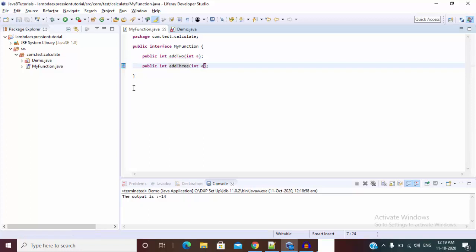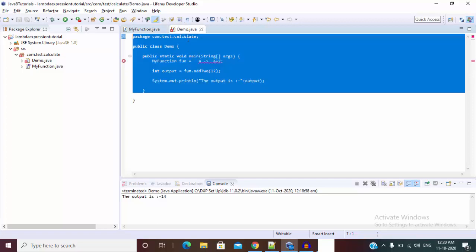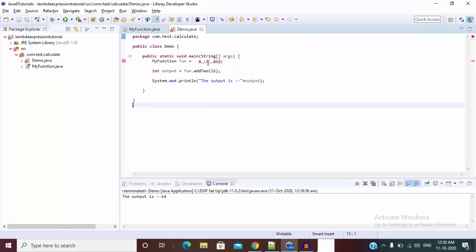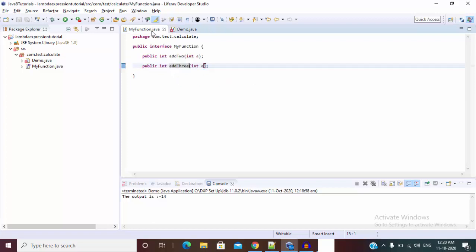Now our interface is fine. We can add many methods, but our lambda expression is breaking. And check the error: the target type of this expression must be a functional interface. Now this is not a functional interface because we added 2 methods inside this, and the functional interface definition says only a single abstract method.